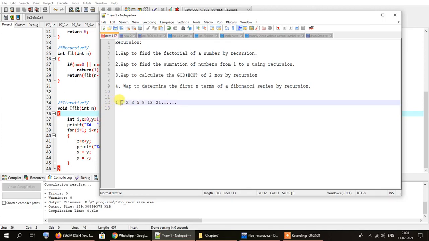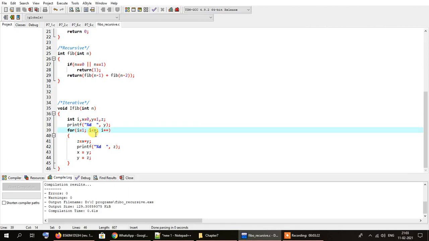We can begin from here because this is the second step in the series, and as we have already printed the first number, this for loop will execute one less time than it is supposed to.